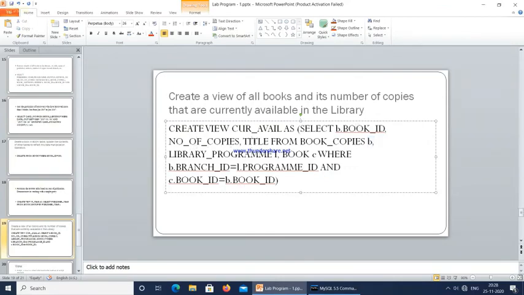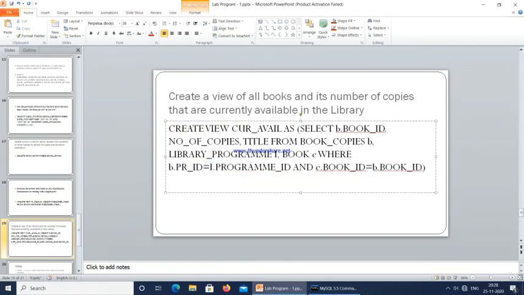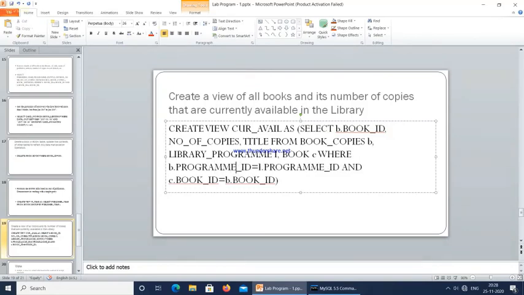Then library program L and the book table both, where b dot branch id is equal to, b dot branch id is nothing but the program id. The program id should be equal to the library program id.